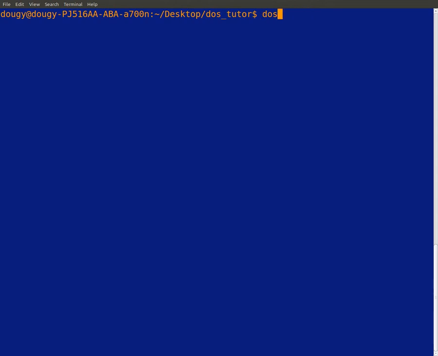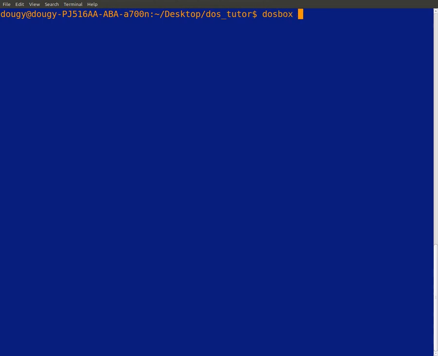So I first did DOSBox, the DOS emulator. They were giving me problems at first, so I just burnt one and put it on another hard drive on an old computer I got, and I ran DOS from that. So you can do that, or if you don't have a whole bunch of computers laying around like I do, just go ahead and type in